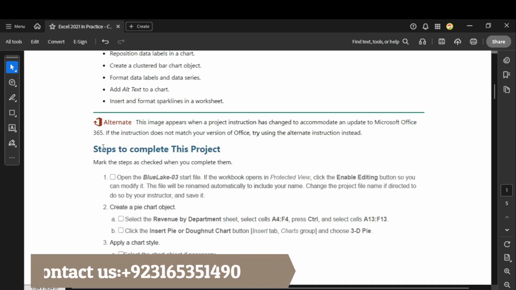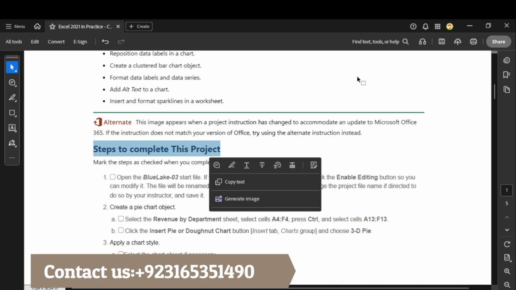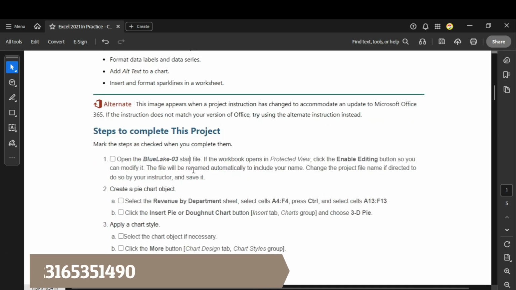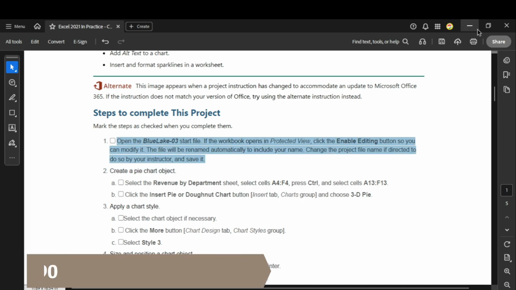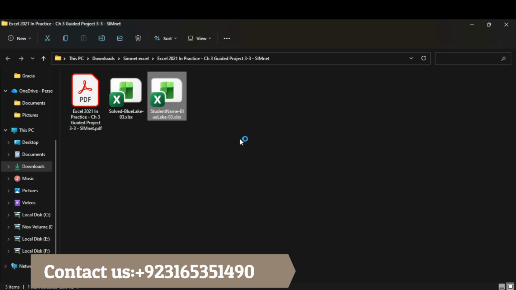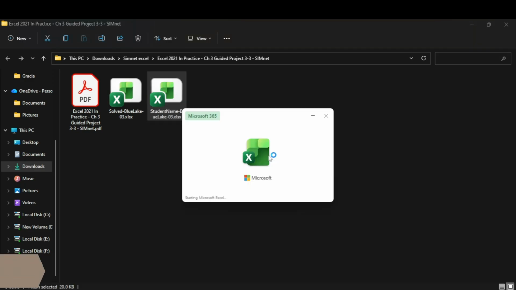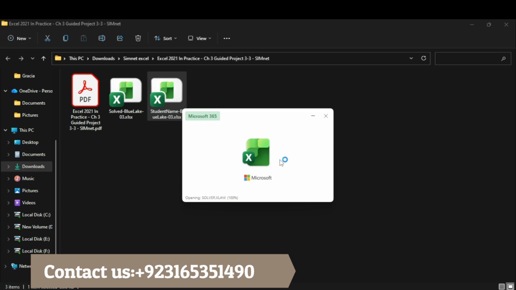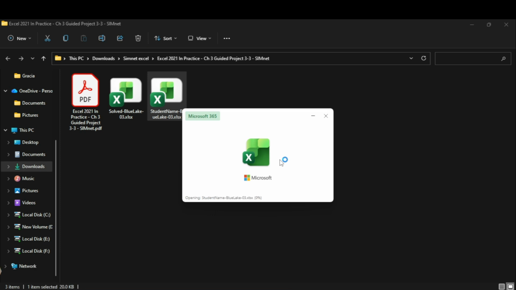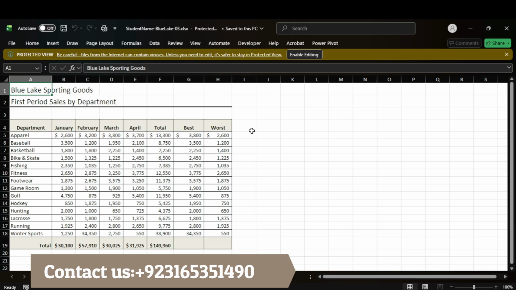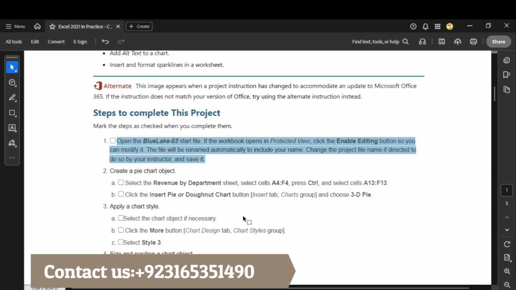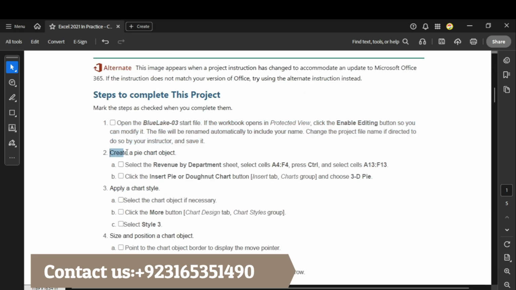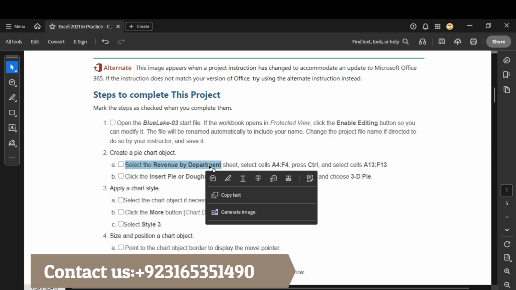So let's start the assignment. We will go to the steps to complete in this project. In the first step it says open your Excel file which you have downloaded with your instruction file, and click on enable editing. Then in the next step it says create a pie chart object. So select the Revenue by Department sheet,